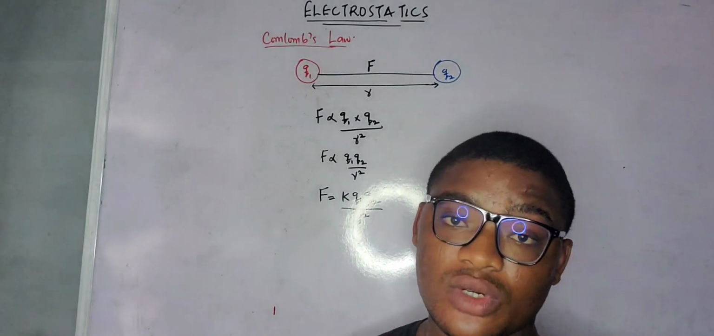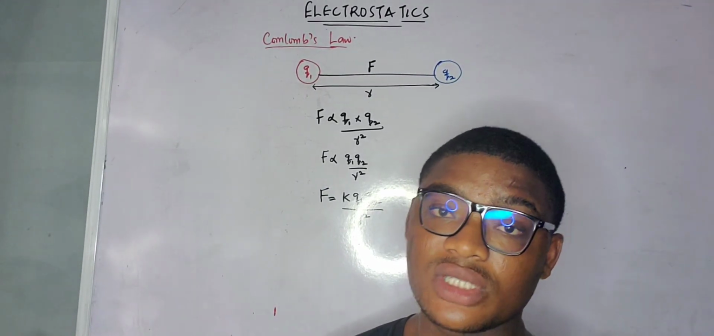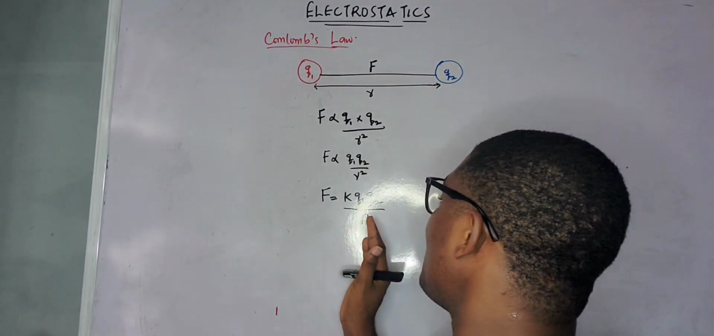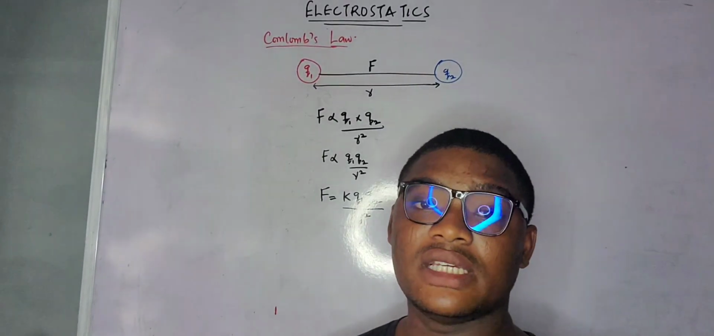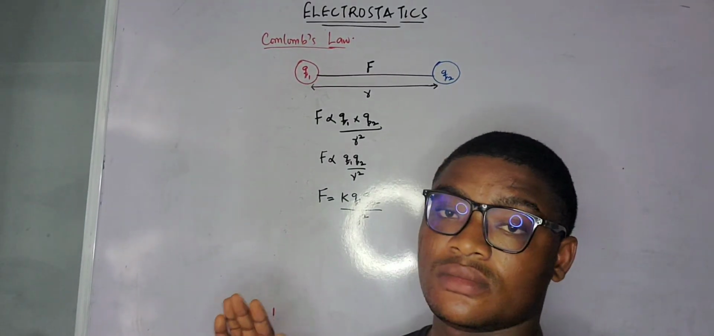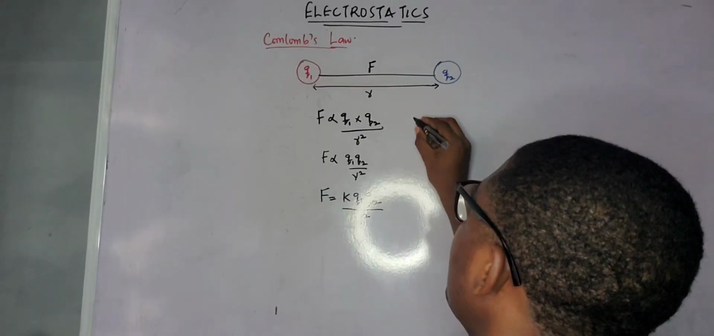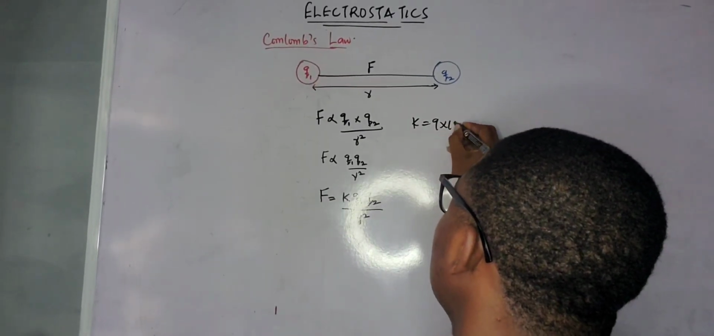From this part now, we are going to be dealing with what the symbols mean. F means the force, electric force, and the unit is Newton. Then the next part is your K. Your K is the electric constant. And the electric constant K equals 9 times 10 raised to power